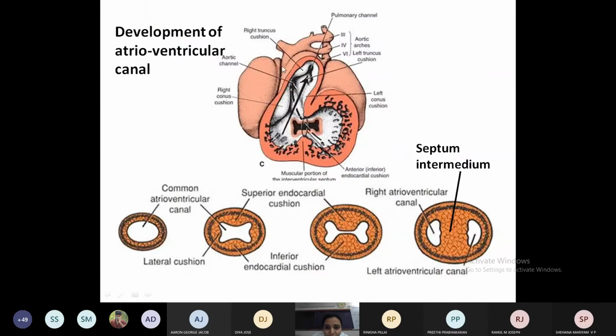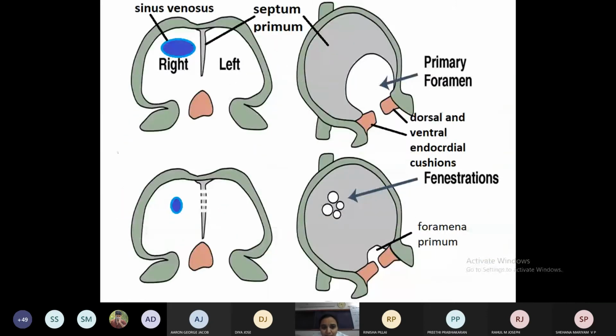If we take a section more behind this section, we can see the primitive atrial chamber. This is the primitive atrial chamber. In the posterior wall of the primitive atrial chamber on the right side, the sinus venosus, which is the lowermost dilatation, is going to open on the posterior wall. Just to the left of that, this is the frontal view. This is the lateral view. So you can see this from the posterior and cranial part of the wall of primitive atrium.